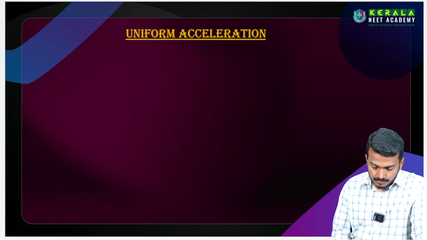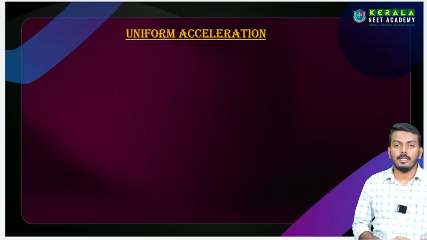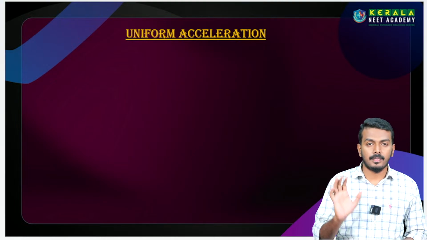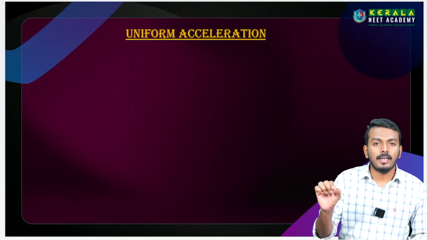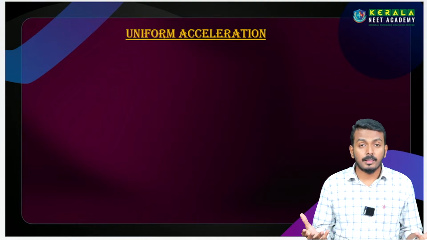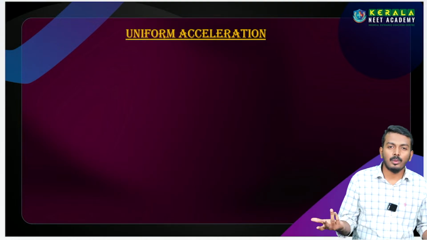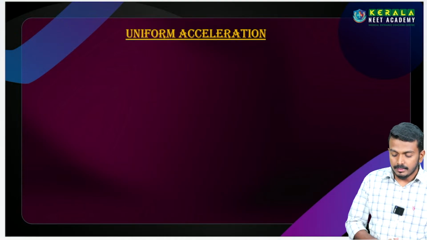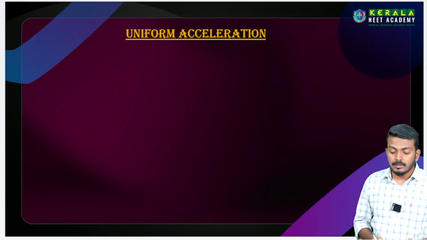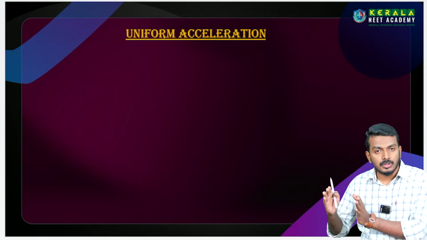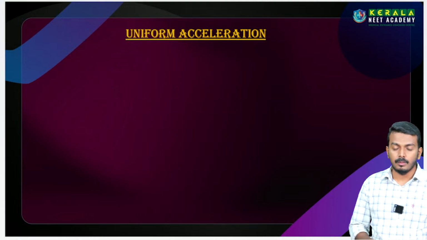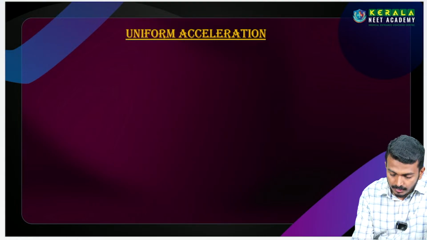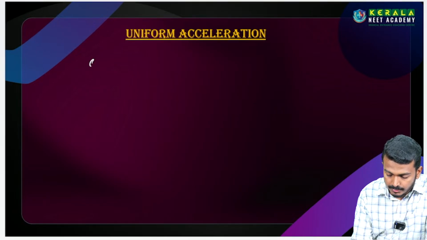Yes, next we have to discuss another important portion of physics, uniformly accelerated motion. These are the most difficult portions for many students. Why is the portion most difficult? Sir, we don't know which formula is most suitable for such situations and questions. That's why we will use some shortcuts and tricks to solve the questions. Uniformly accelerated motion means it is clear.